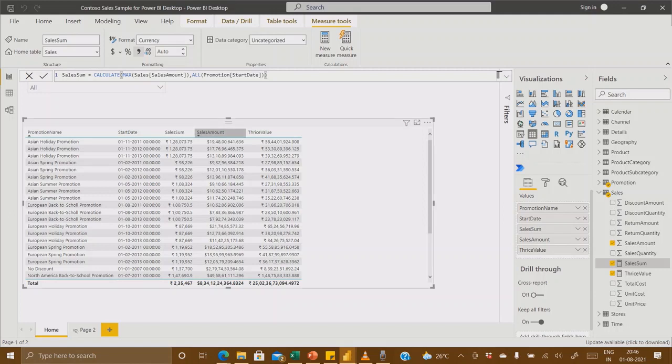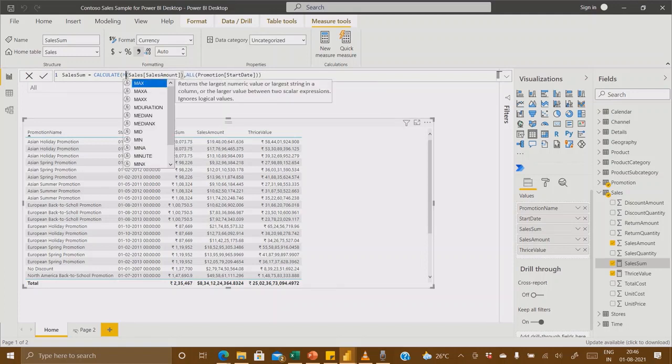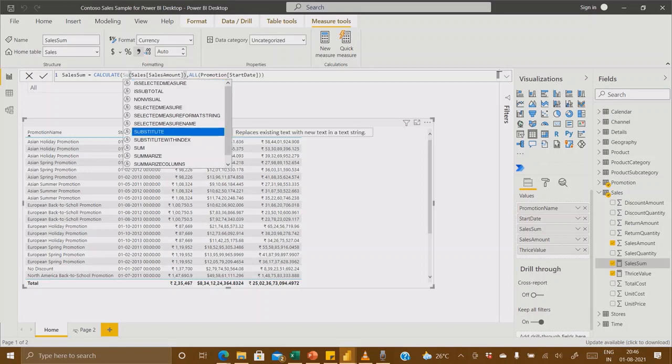But the idea behind this is that now you can get the max amount of sales that might have happened for the holiday promotion at the row level. I guess I need to do something else. You will see the max value here. Okay, now making it back to the sum.